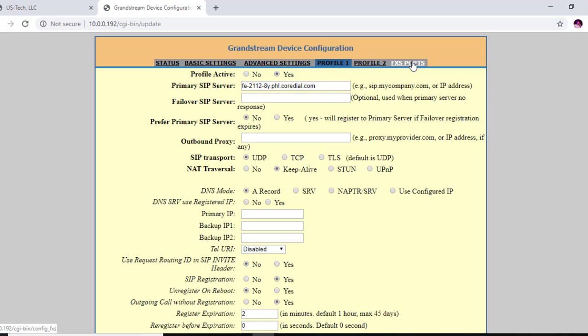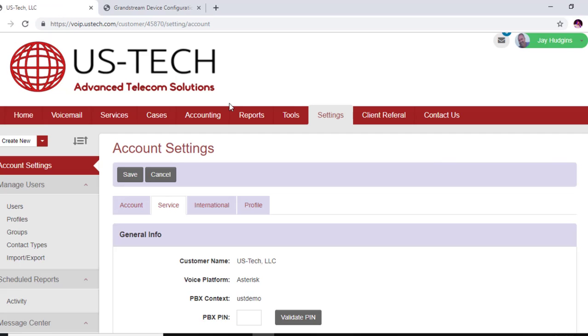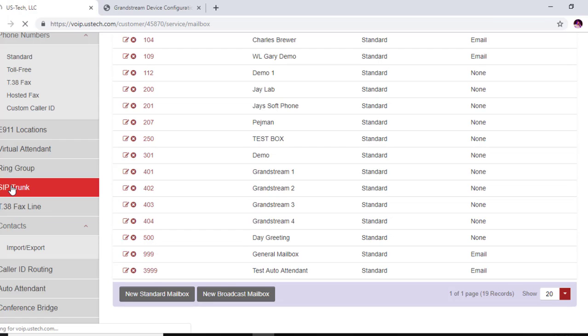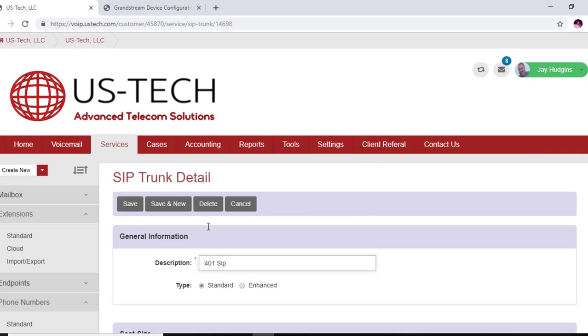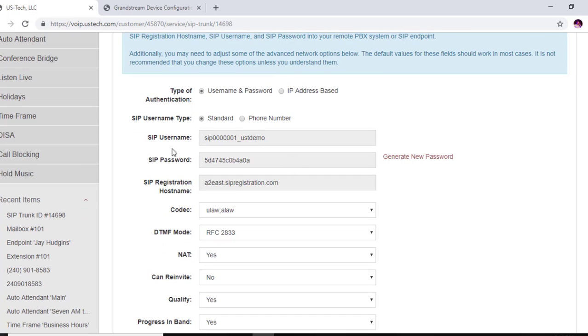Next, we want to go to FXS ports. Now here it's going to ask you for SIP username ID, authenticate ID, and a password. These two items are going to be the same, and where you get these is from your portal. Go back into Services, scroll down to SIP Trunk, click on the SIP Trunk that you just created, and under SIP configuration you will find them right here, username and password. So you want to copy the username,